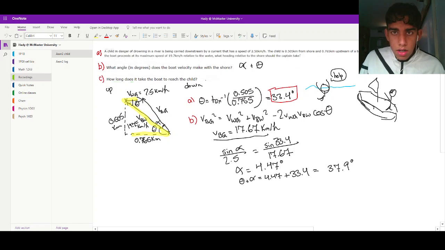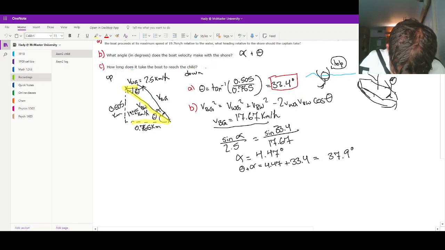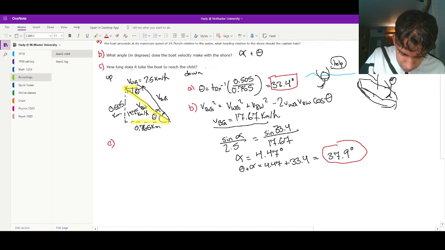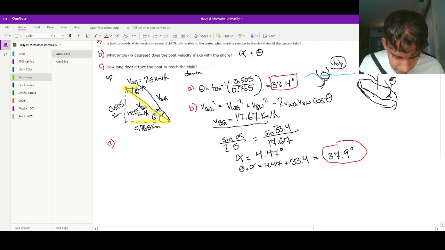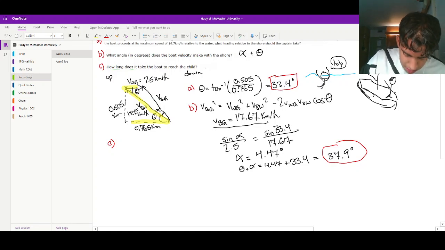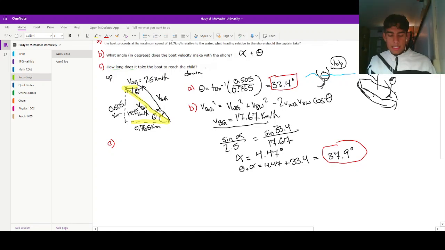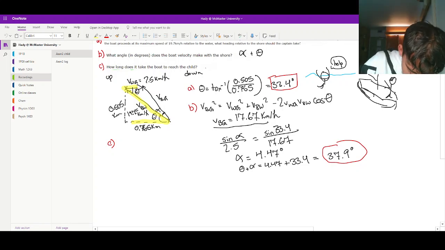Now we want to move on to find C. We'll do it on the left here. So, how long does it take the boat to reach the child? We know that time is equal to distance over velocity, right? But what distance and what velocity are we looking at? Well, in this case, if we look at velocity of the boat relative to the water, we can make this triangle here that I'll redraw because things got too hectic up there, where we have the distance from the child and the boat's velocity